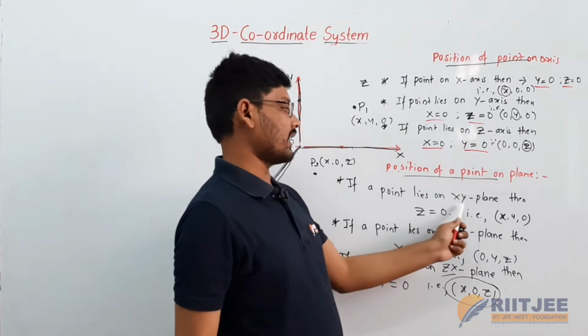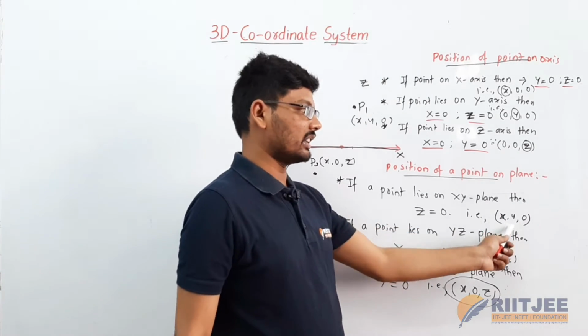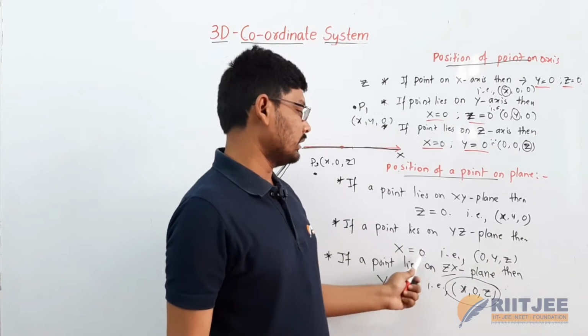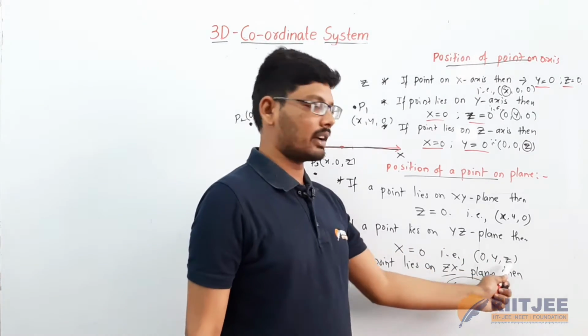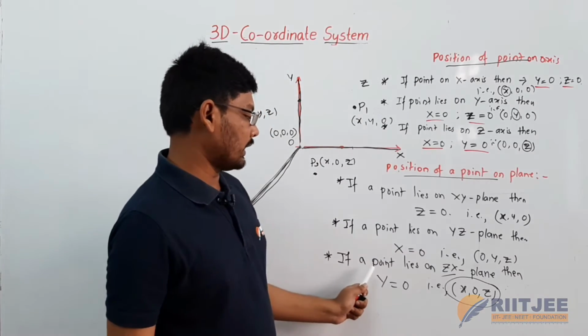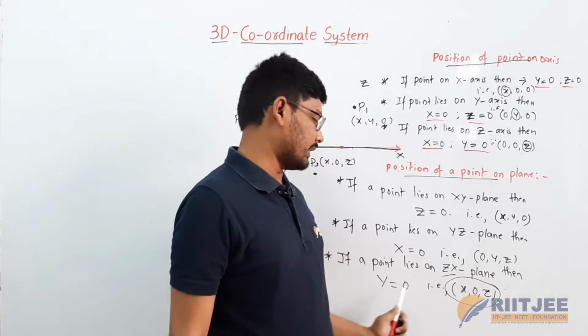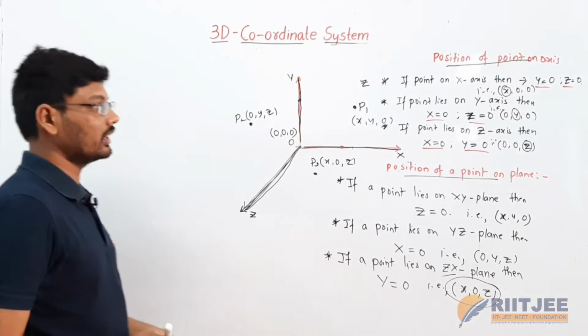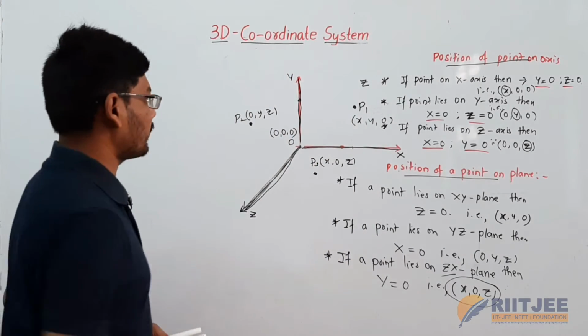So if a point lies on the xy plane, then z is equal to 0, that is x comma y comma 0. If a point lies on the yz plane, then x is equal to 0, that is 0 comma y comma z. And if a point lies on the zx plane, then y is equal to 0, that is x comma 0 comma z. This is the position of the point here. Now the next topic will be